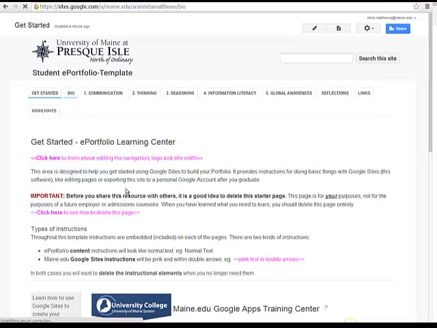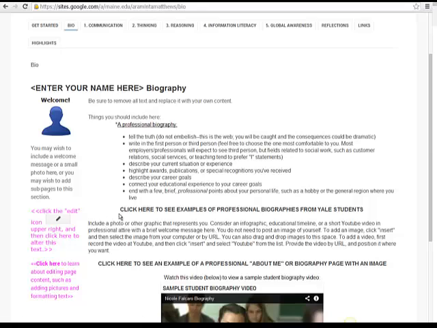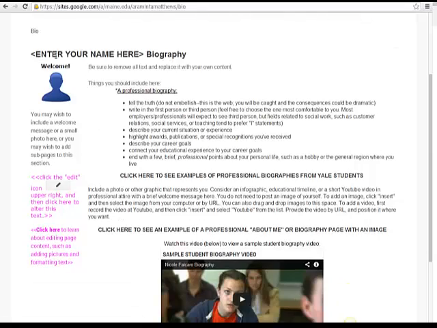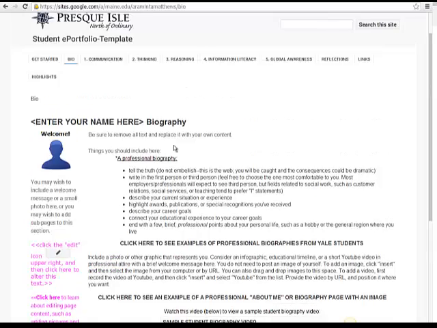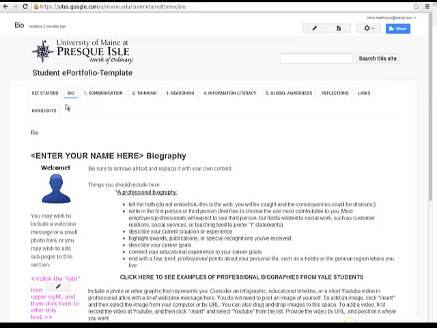After you've explored some instructional materials on how to use Google Sites, you may want to go over here to Bio and look at some of the instructions we provide for how you might include information about yourself in a professional way, using video, images, and text to provide information that gives a context to your overall ePortfolio. All of your edits in a Google site will exist under the Edit Page button or the Open More Actions